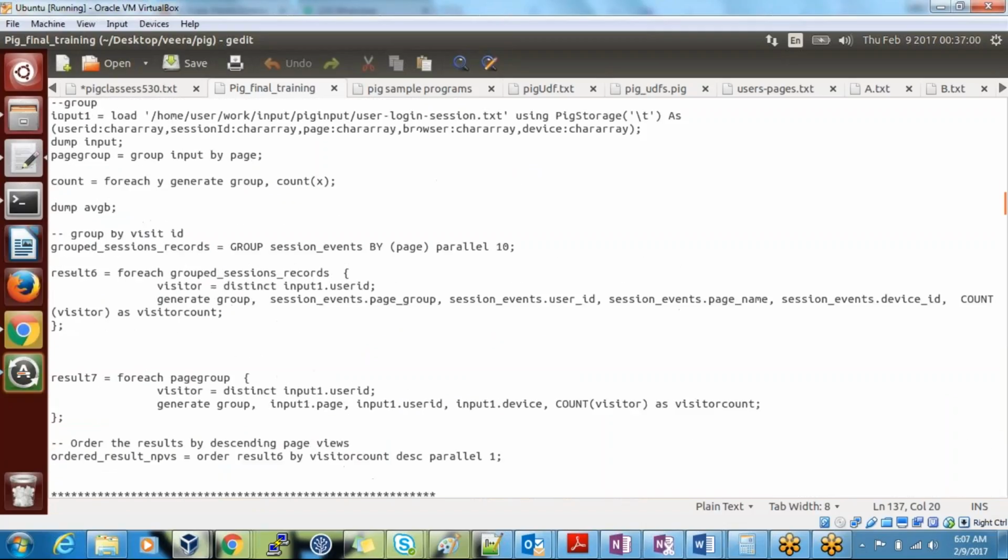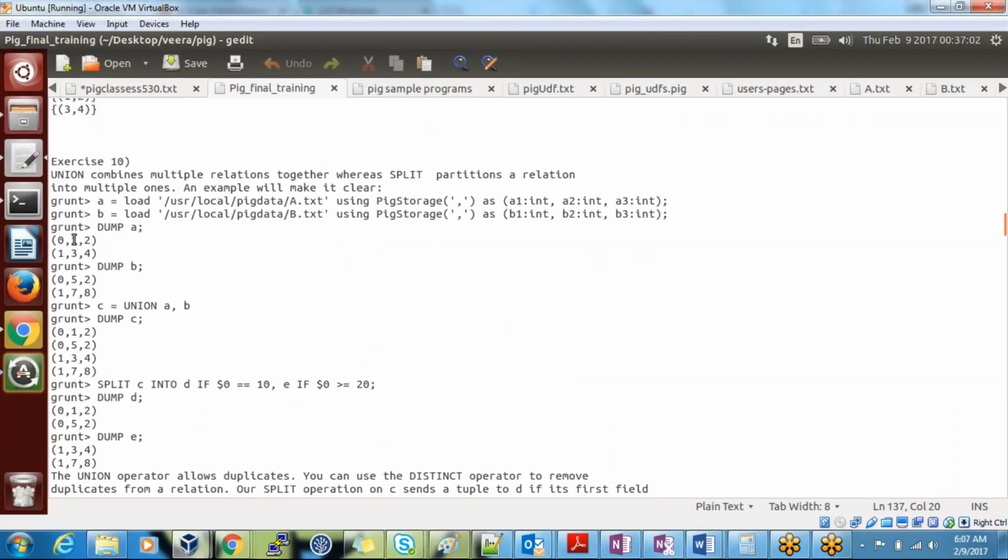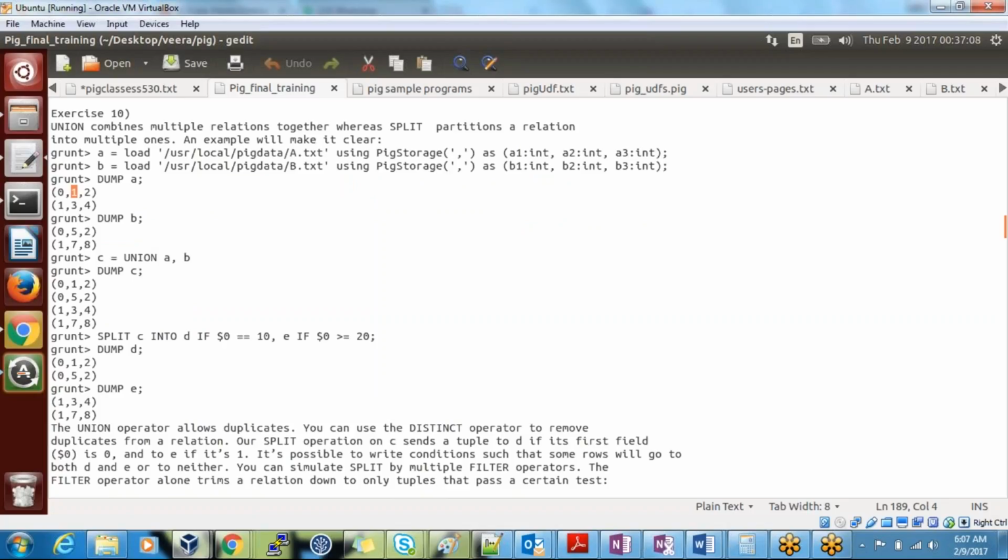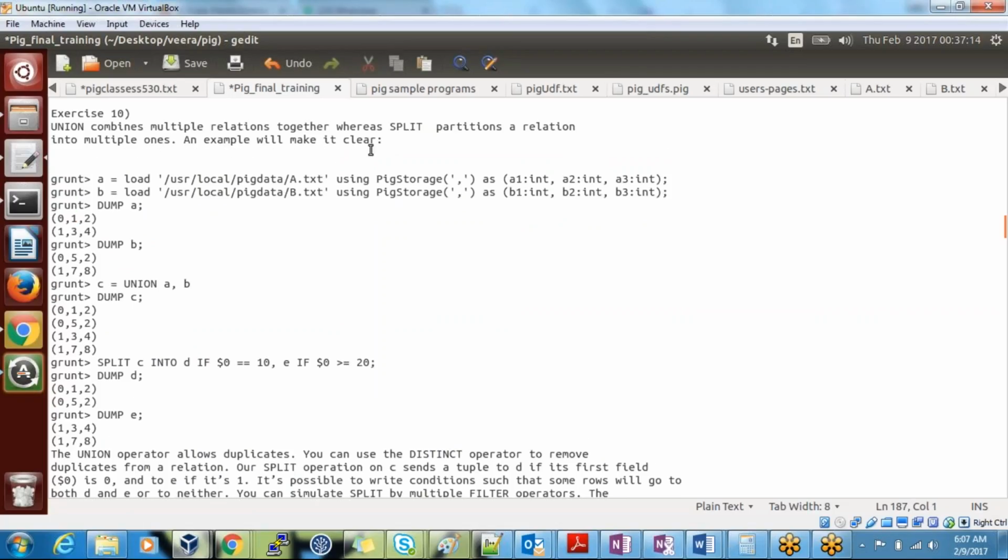So now what we are going to do is exercise 10. This is what I'm going to explain. Instead of typing, since we have very little time, let me explain from here itself. I have loaded into A using this, and B I have used.